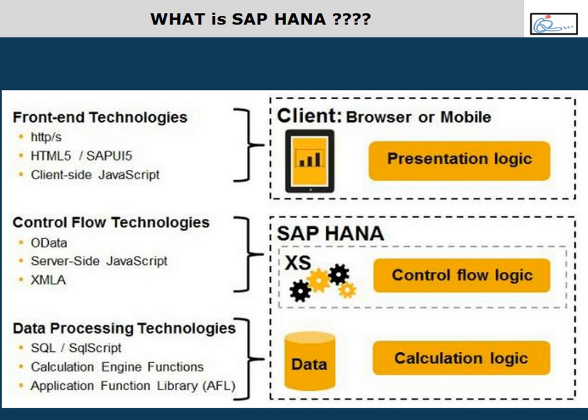Generally what happens, your BW server is different, your database server is different, so they are connected in the network. Your server reads data from this database and then processes it, right? Now what is happening? Your index server, which is your database server of HANA, is running in the OS, and your access engine, which is actually processing all your applications, is also running on the same server. So both the access engine server and your index server will have intercommunication at the OS level itself. So there is a very good tight integration. There is no movement of data here.